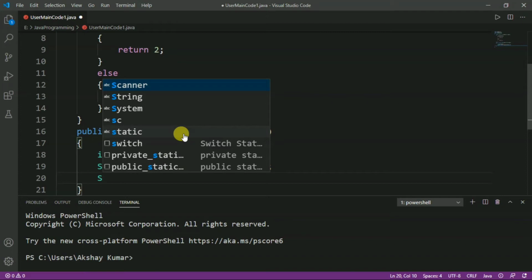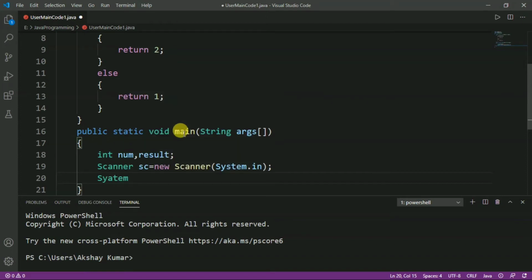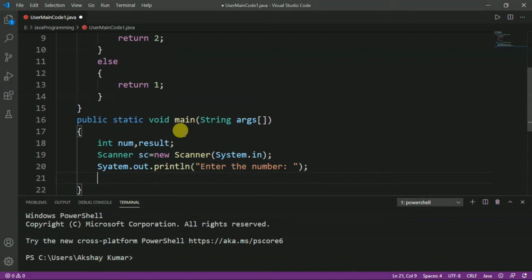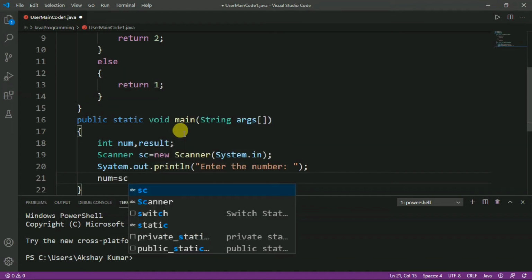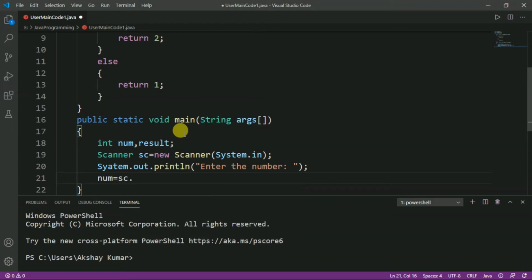Now, we will write one message for the user. So, System.out.println, let us write the message, enter the number. After that, we will read it from the keyboard and store it in the number variable, so sc, which is the object, dot nextInt.